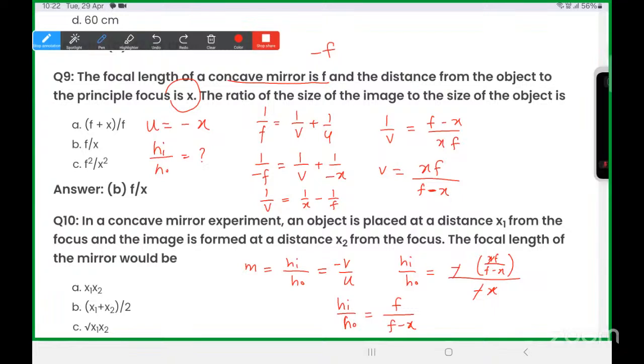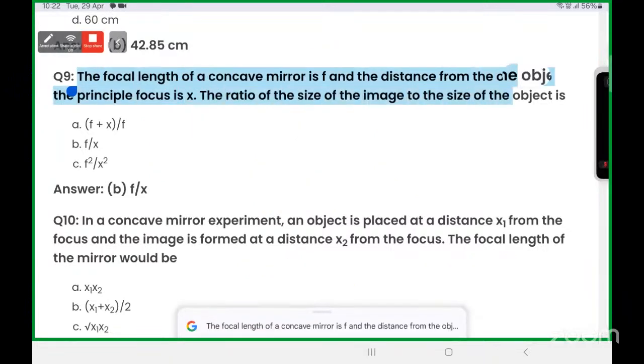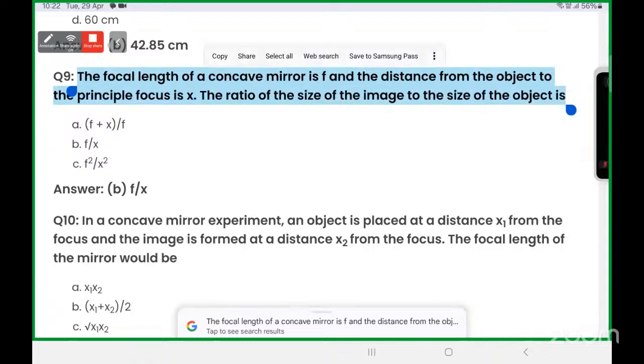कुछ गड़बड़ किया मैंने, f/(f-x)। नहीं, ये कुछ गड़बड़ है यहाँ पर, यही आंसर सही है। एक मिनट फिर से चेक करने दो। ये तो सही करा मैंने, एक्चुअली यही आंसर सही है। मैं एक मिनट इंटरनेट पर सर्च करके बताता हूँ आपको, ये वेबसाइट पर गलत सॉल्यूशन भी हो सकता है।